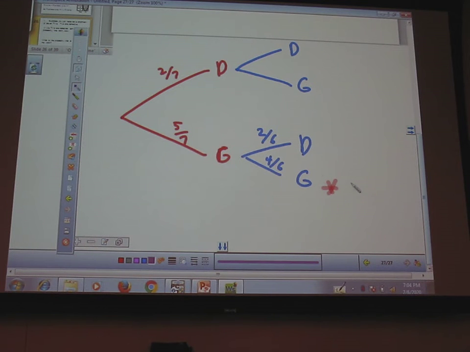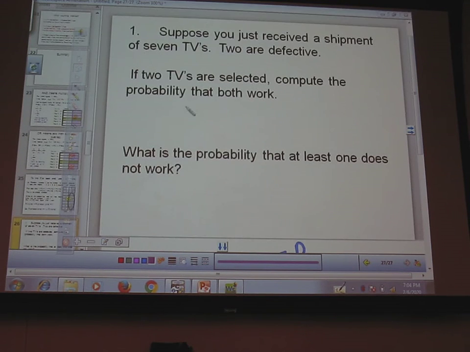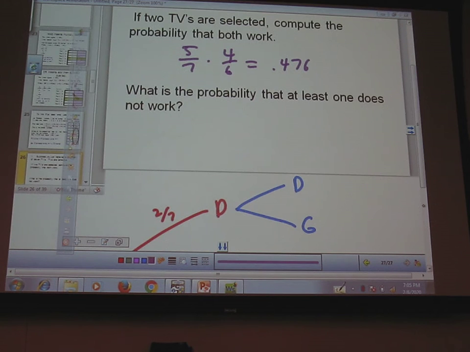So I'm going to multiply 5/7 times 4/6. So this is going to be 5/7 times 4/6. What do you guys get? 0.476. Is that right? Has someone else got something different? Great. Okay, now,